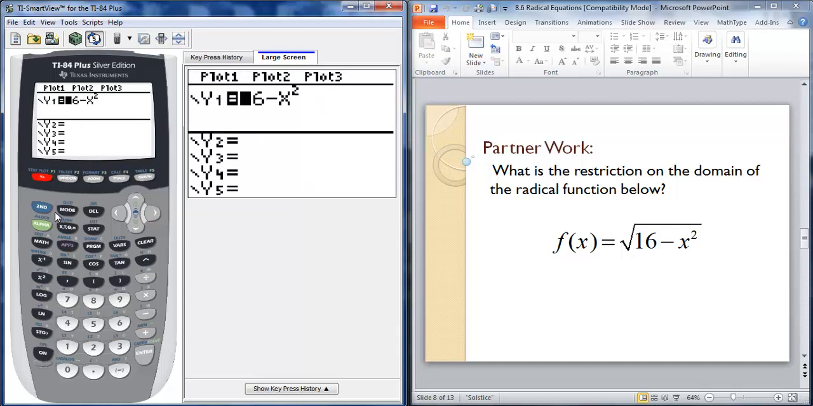Now notice, if I put in a square root, let me delete all this other stuff out. Okay, this is not working to my liking, so we're just going to start from scratch here. Second square root, and we're going to do 16 minus x squared, and we're going to go ahead and graph